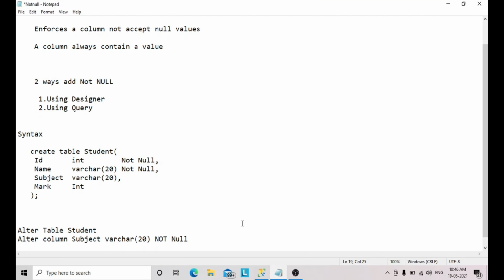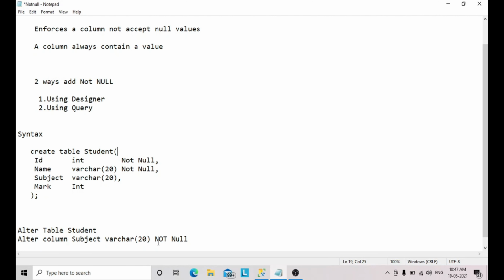Next I'm going to explain the alter statement. If I have already created the student table, and after creating it I want to add a not null constraint for the subject column, what do I have to do? I have to alter that table student, and mention the not null constraint for the subject column.